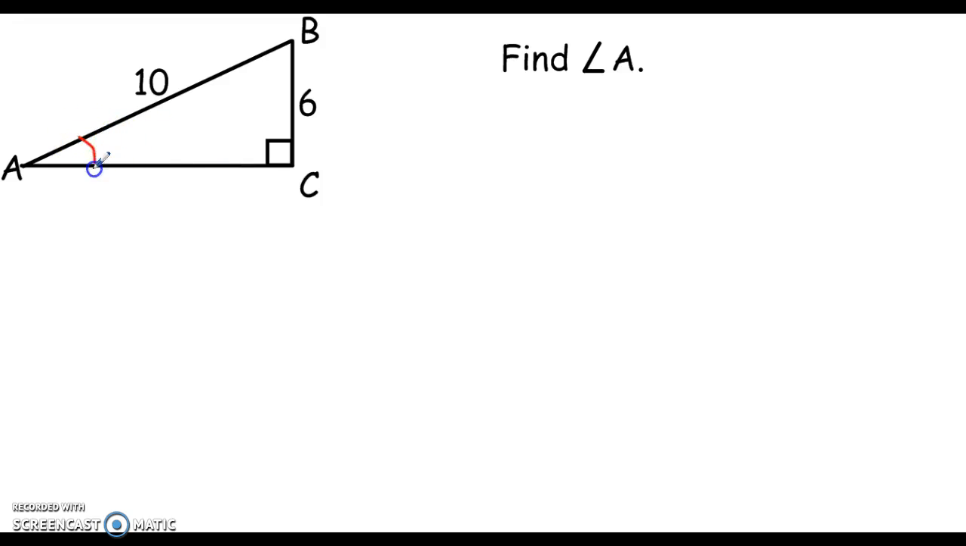We're trying to figure out how big angle A is, so I'm going to mark this up, and I'm going to label my sides for the given information. It told me that BC is 6, and that is the side opposite angle A. AB is 10, and that is, of course, the hypotenuse. It's opposite the right angle. So we need to go back to our SOHCAHTOA